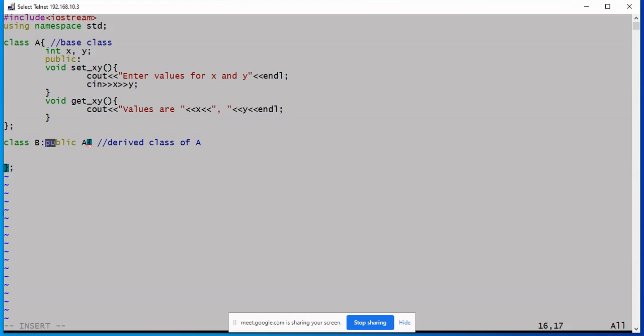So what is the significance of this keyword public? It means that whenever you inherit from class A, if there are any members in public section in A, they will be public in your class as well. Whereas the member data in class A are in private section, so they are not inheritable. It doesn't mean that they are not part of you. It means that they are not accessible at the moment.